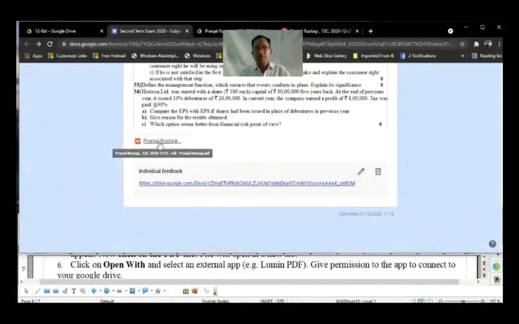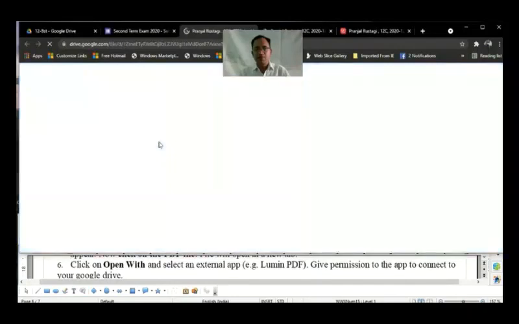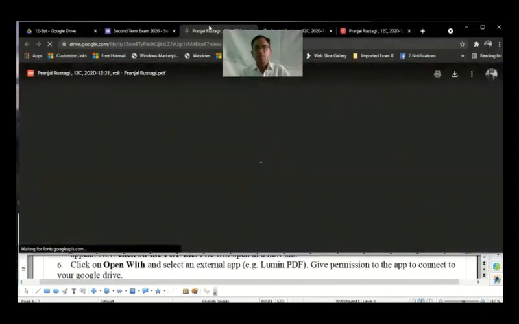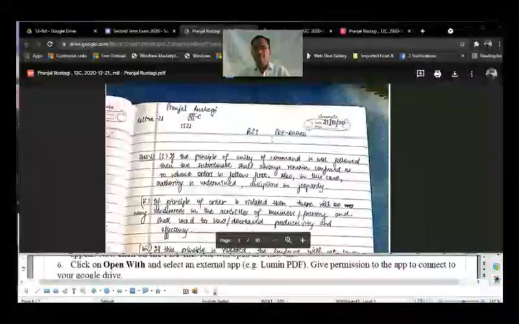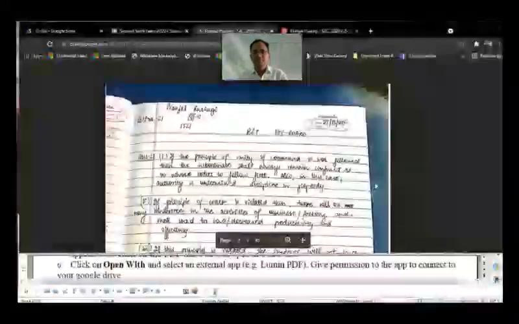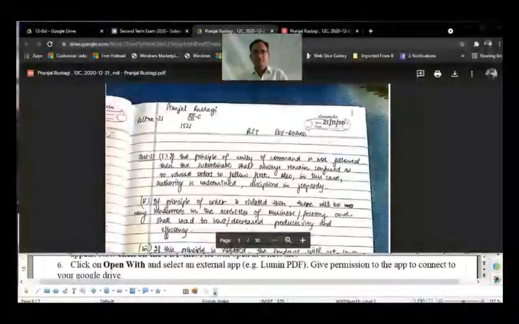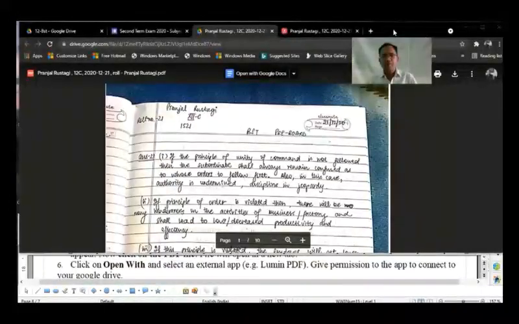You click on this thumbnail on this PDF file, it will open in a new tab like this. Once this file PDF opens in a new tab, you will see open with Google Docs is written above.